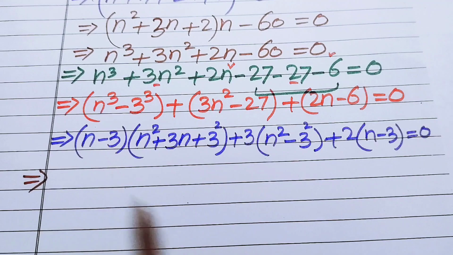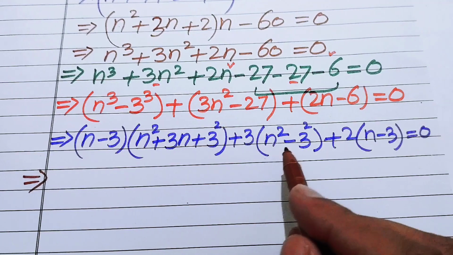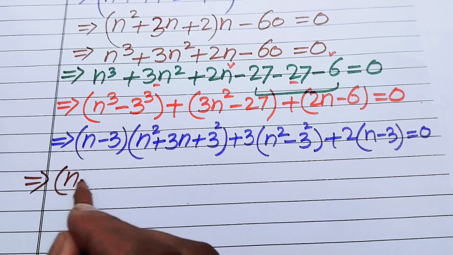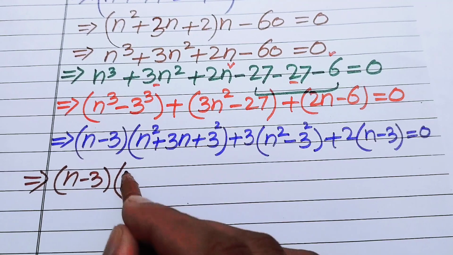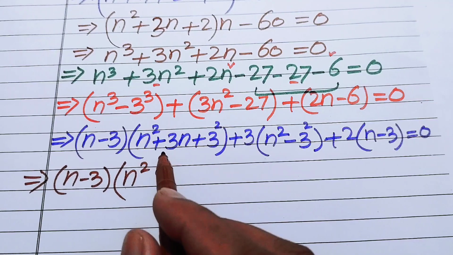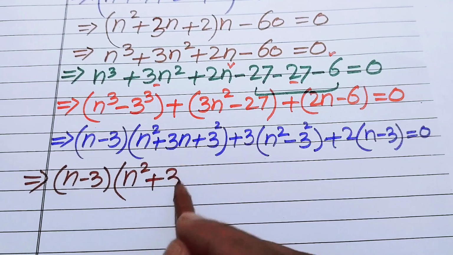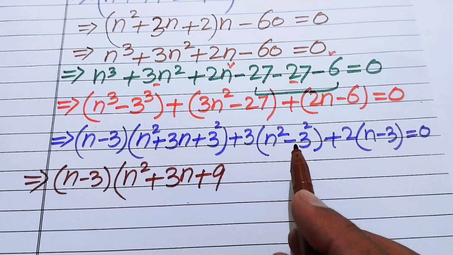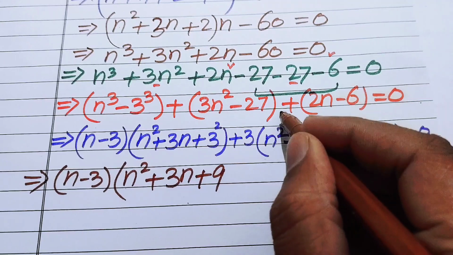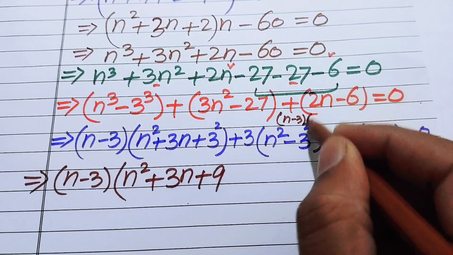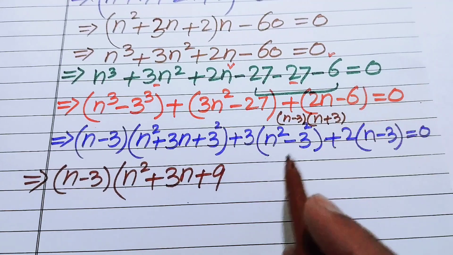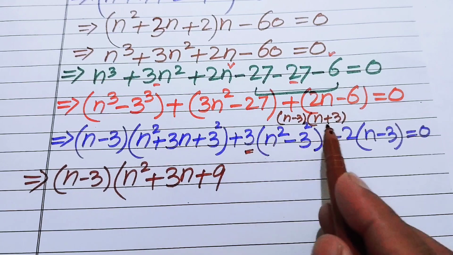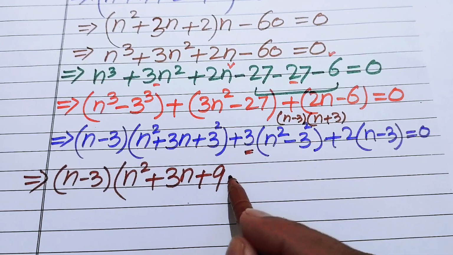So now you will focus on all these terms, and here you see we have some common terms. You see that n minus 3, and when you open this formula then you will get here n minus 3 times of n plus 3. So we take common n minus 3 and we get n squared plus 3 times of n plus 3 square will be equal to 9, and here you have n minus 3. You know that this factor will be equal to n minus 3 into n plus 3. So when we take common n minus 3 then you will get here n plus 3 and we multiply this 3 by n plus 3 and you will get it here